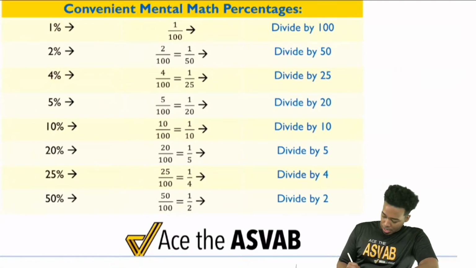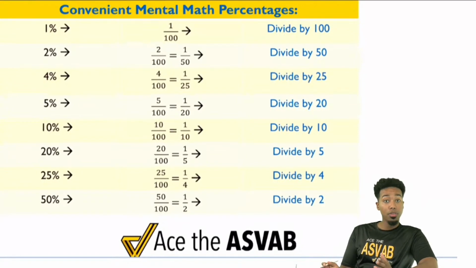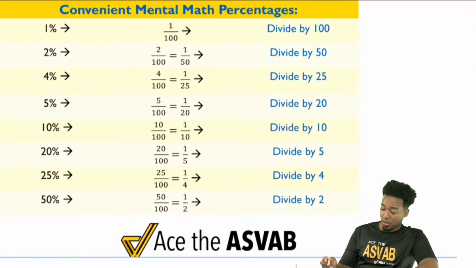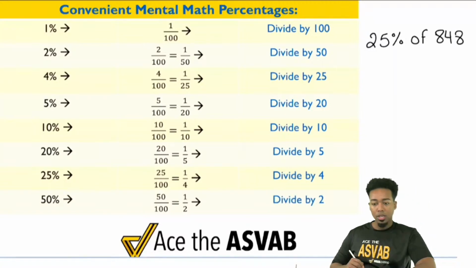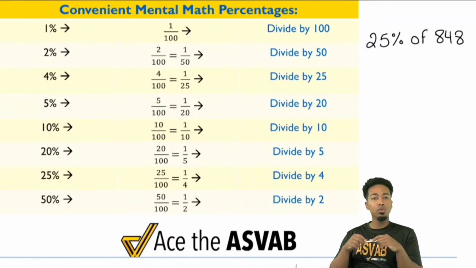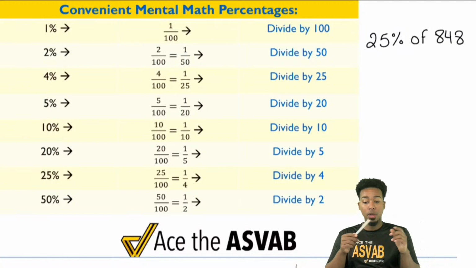All right. Just to show you one example that makes this all worth knowing, here's an easy example. Hey, find 25% of 848. Does anyone here want to actually do 0.25 times 848? Does anybody here want to do that? No, not at all. But if you know that 25% is the same thing as just dividing by 4, well,